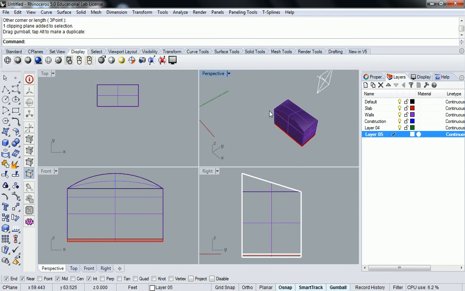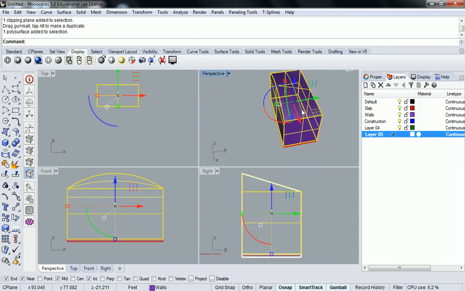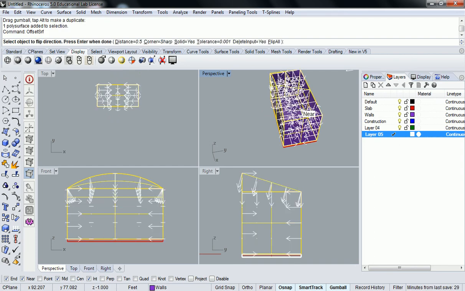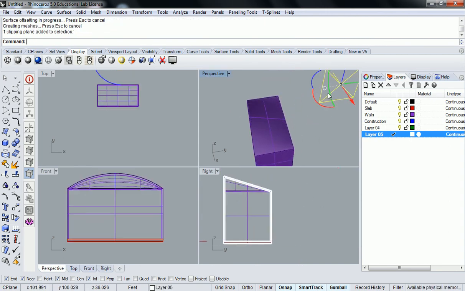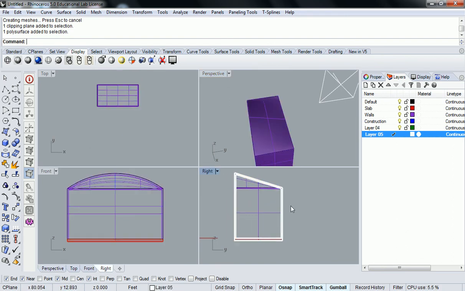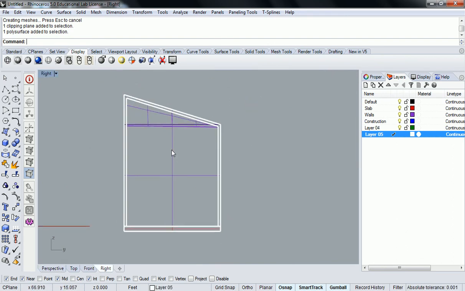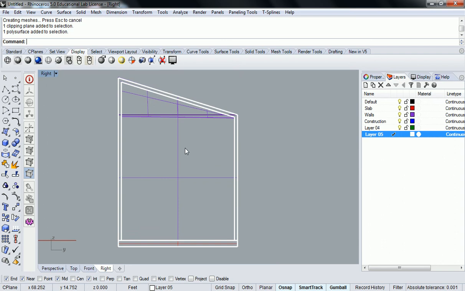So essentially, what that's going to mean is that I can join all of those and do an offset surface, and I don't want you to do the offset surface yet. Make it a 1/2 foot, and you're going to wind up with something that looks like that. So that's very significant because when we go into cutting windows and door openings and stuff into this volume, which we're going to do,